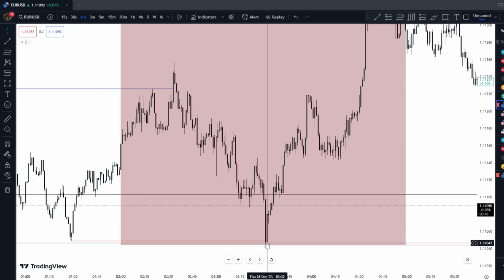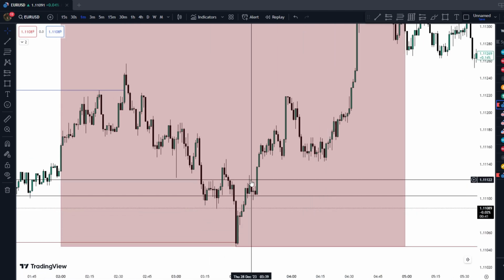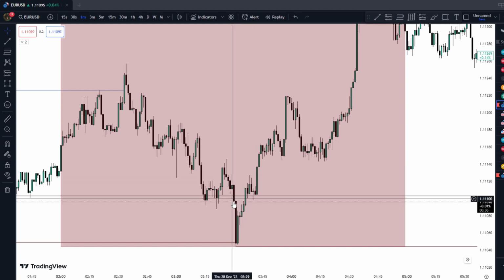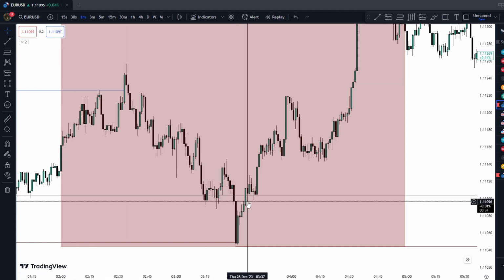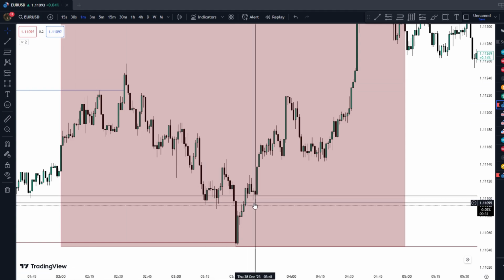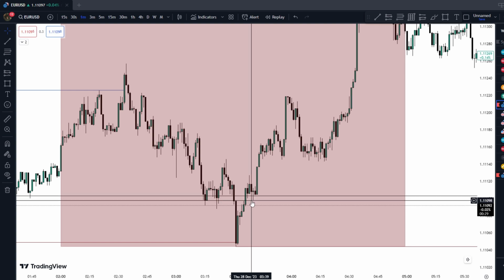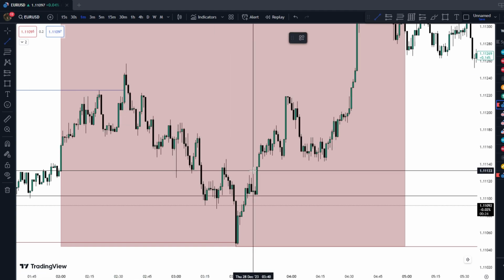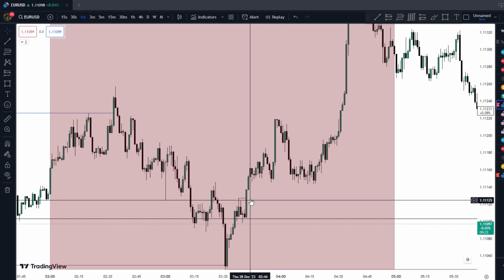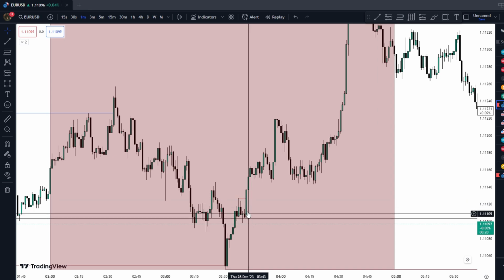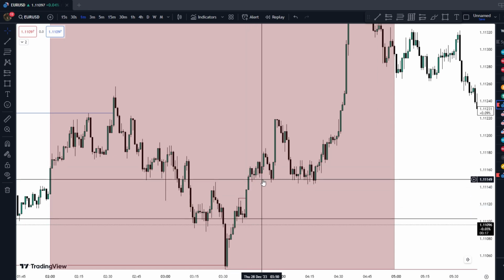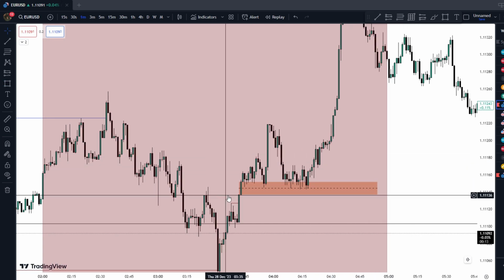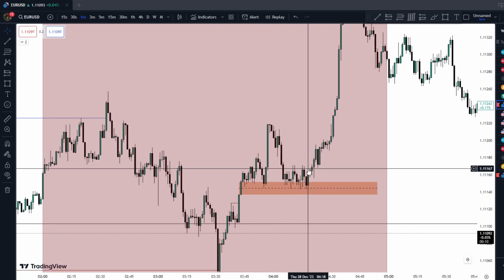We took the sell side liquidity here. Price rallies up aggressively, disrespects both of these fair value gaps. You could have entered on this fair value gap maybe when we retraced here, or maybe you want the market structure shift that we get here, where we have big displacement candles coming. So where is the fair value gap? Here, there's a fair value gap. You could have entered a couple of times.